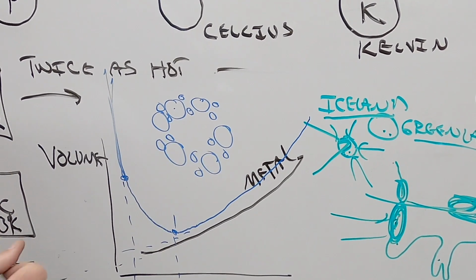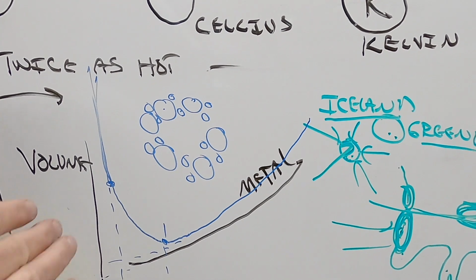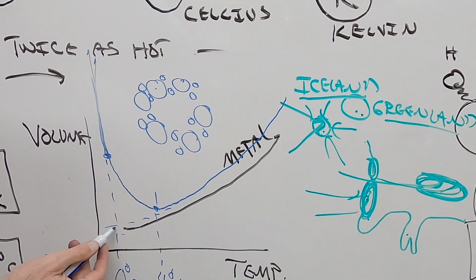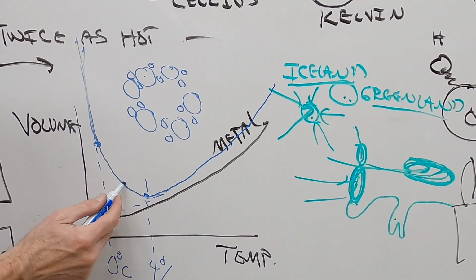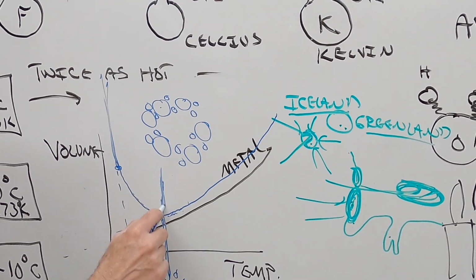So when you start to crystallize, you've created these little voids, and that gives you little air gaps in there, and that's why it starts to expand. And it's going to start before 0 degrees. It's going to start over here, and so it starts to head back up. So water's at its densest point at 4 degrees